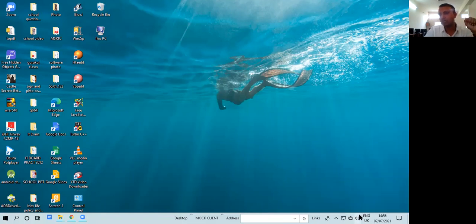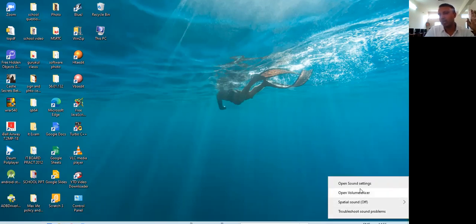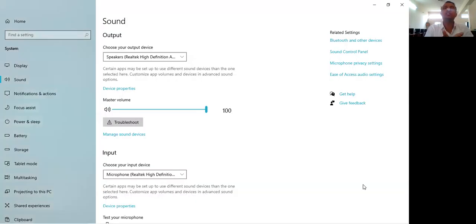Now I want some customization, so you just right click and open the sound settings. So you are customizing, you are changing the Windows services, that is the sound service, which is provided by them. So display, sound, notification, storage, tablet mode, multitasking, these are all services provided by the operating system, that is Windows 10. And that is why it is called a Windows customization. Or you can say these services are provided by Windows 10, and that is why it is called a customization of Windows.